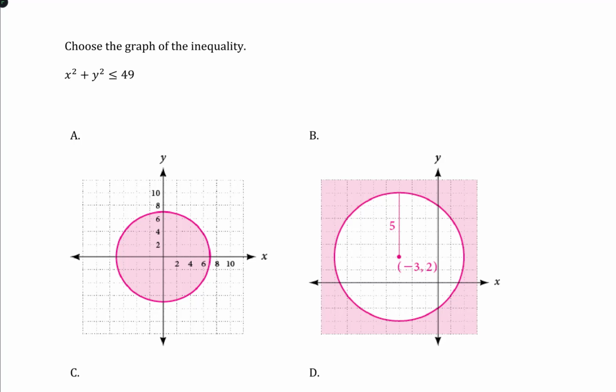Choose the graph of the inequality. x squared plus y squared is less than or equal to 49. Well, this inequality is a circle,